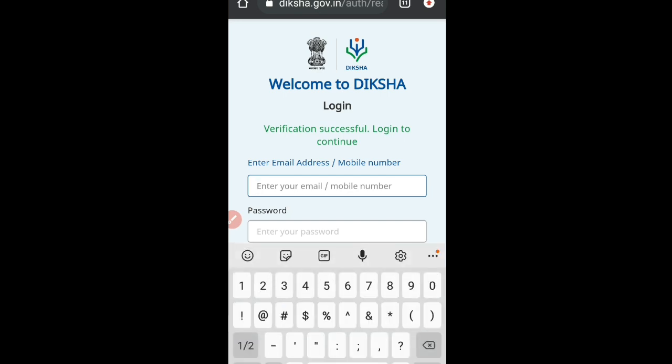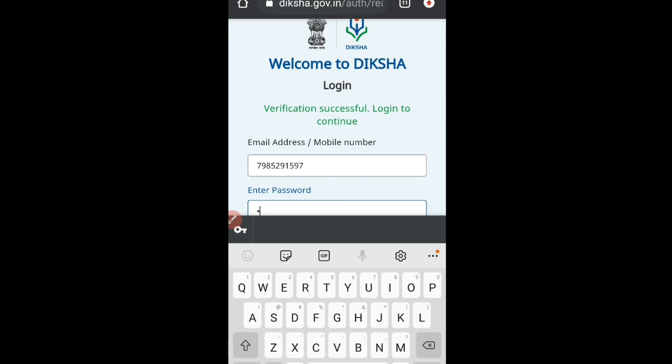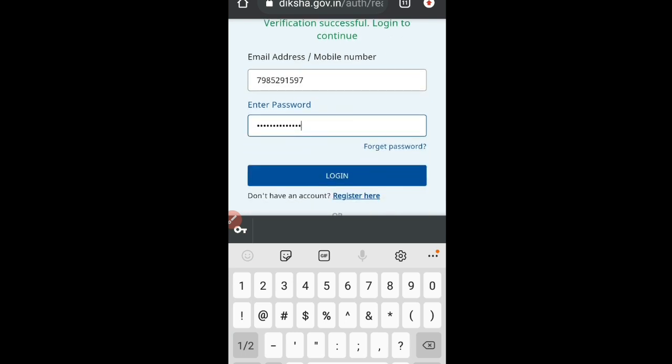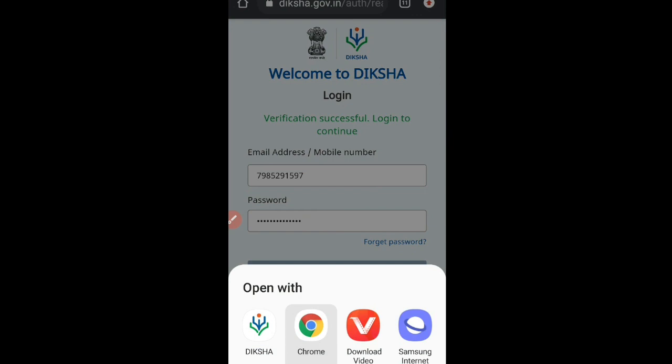First, write down your mobile number, 7985291597. Kindly use your own mobile number. Don't write down my mobile number. 1 Diksha app 123. I am now going to log in to the Diksha app by this password.